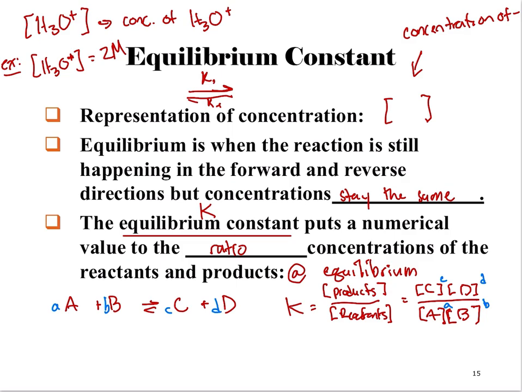If we add more reactants, the system will make more products so that the ratio stays the same. This is kind of the idea of what equilibrium means. We're always trying to reach this equilibrium ratio. Okay, and so like I said, I'm not going to explicitly test you guys on writing equilibrium constants, but it's